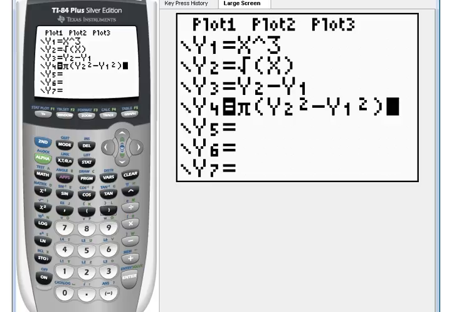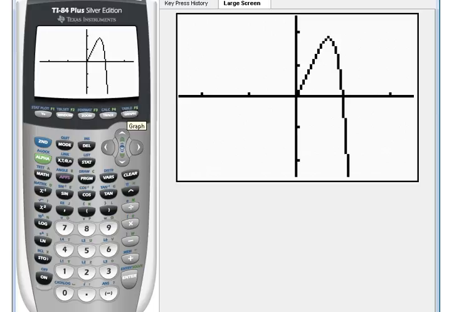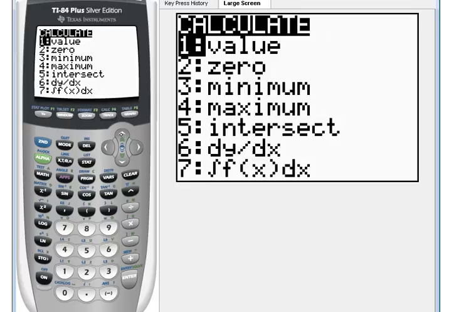Now again, we can go and graph this. Again, it's pi capital R squared minus little r squared, and we could have built that into the y3 expression there, but I leave it in case I need to go back to it the way it was. So I'm going to go and graph that, and you can see now we have another area. Now this area is really a two-dimensional representation of that three-dimensional volume. It doesn't look like the volume, but it is a volume expression here. And so we're going to find the area under that curve